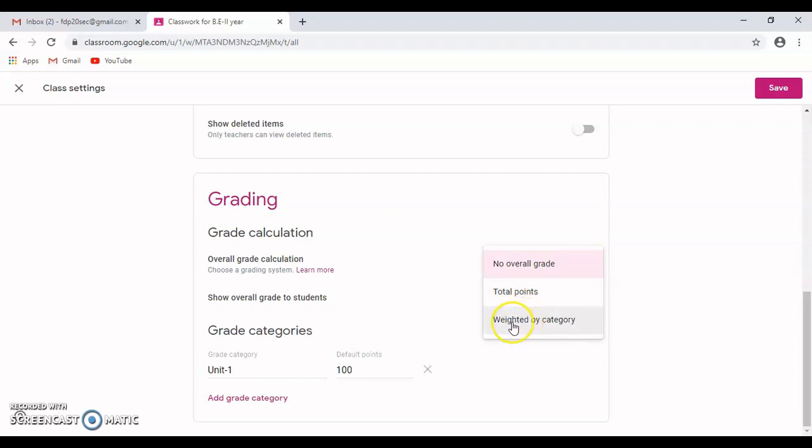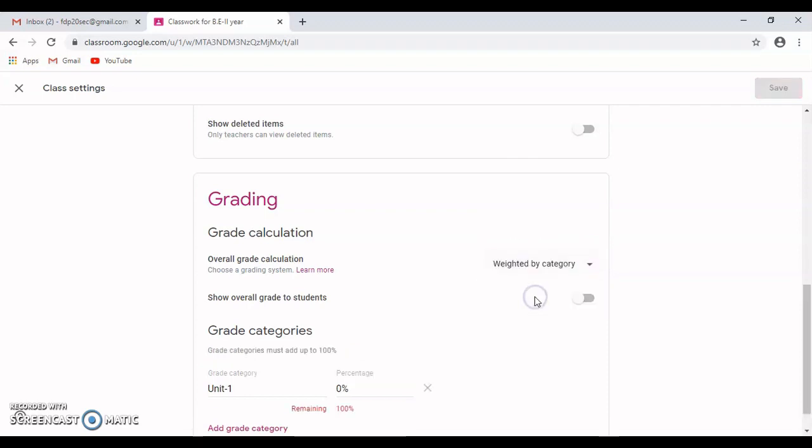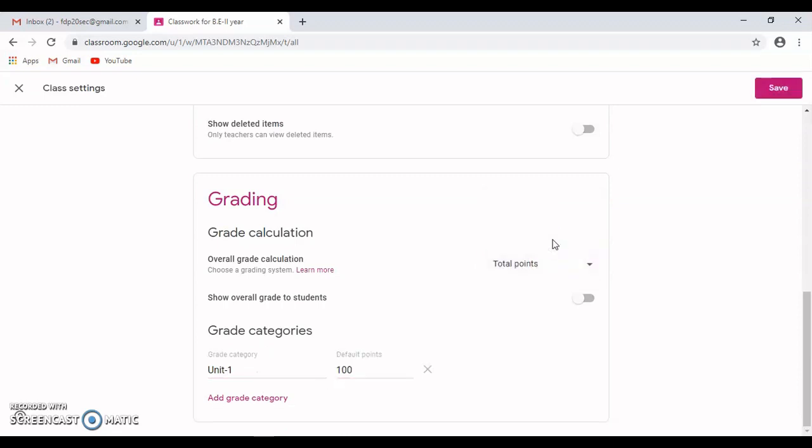You can either choose total points or weighted by category. If I select weighted by category, for each category I need to enter a percentage, how much each category weighs. I choose total points, as I want the total points to be displayed. Now I click on Save.